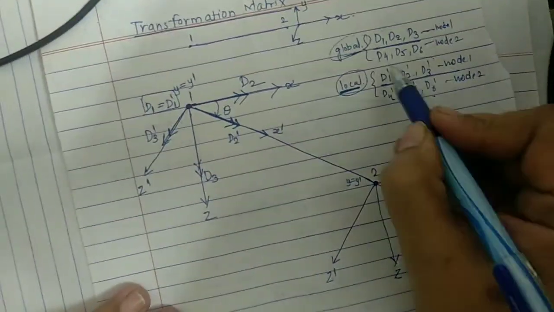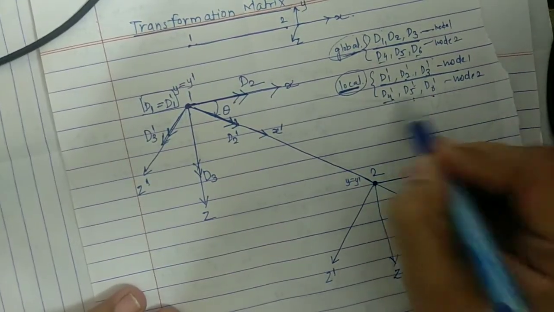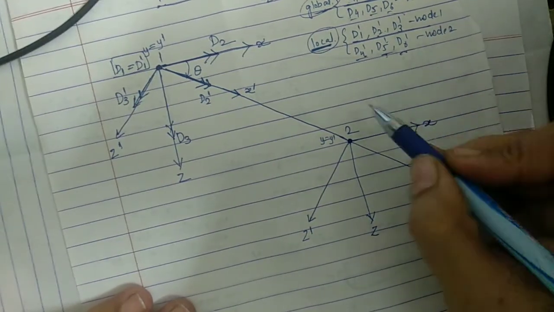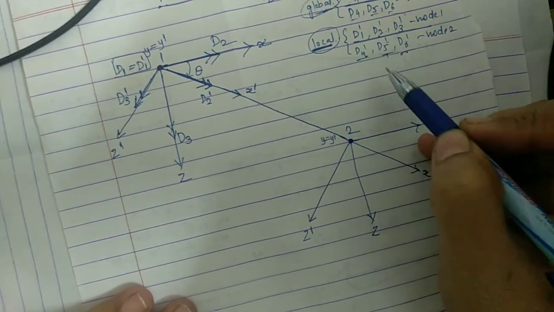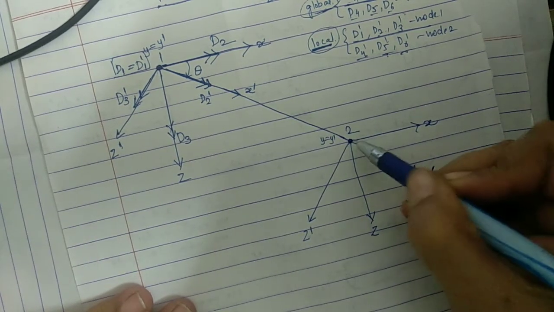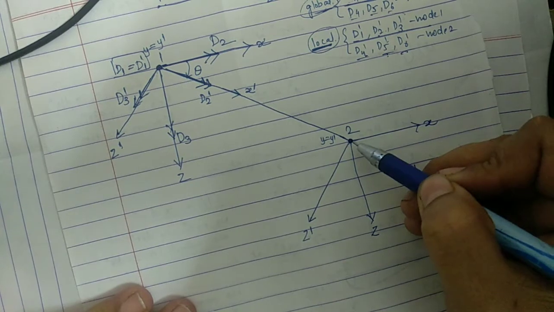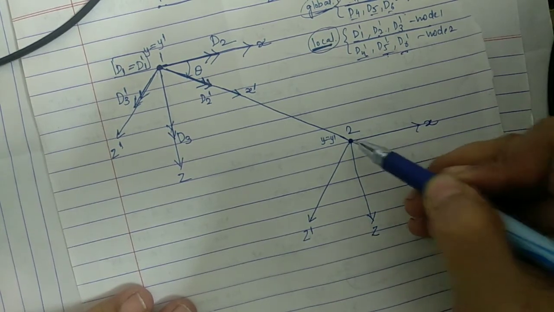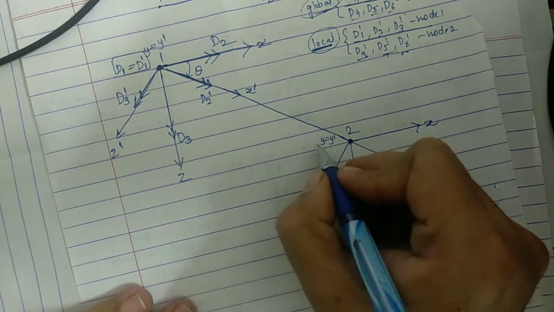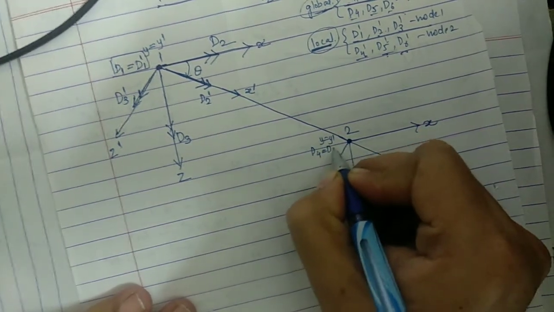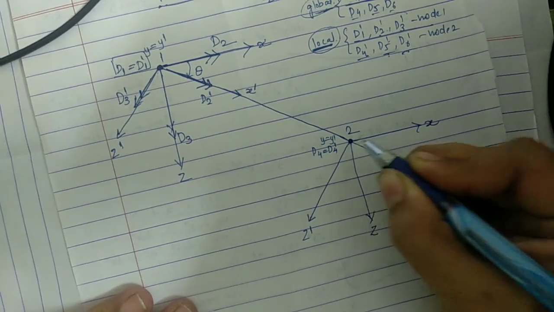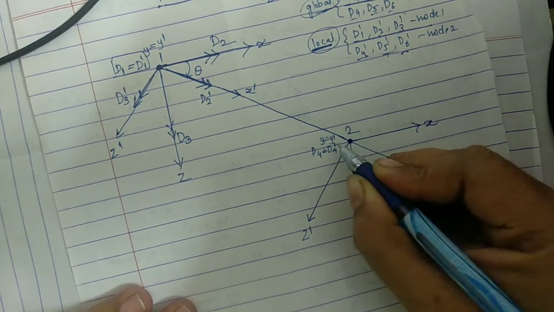Similarly, this D4, D5, D6, D4 dash, D5 dash, D6 dash. Okay, so first D4. D4 is along this vertical y axis, and D4 dash is displacement in local y direction. So here at this point, vertical axis, D4 is equal to D4 dash, shown along this vertical axis. Local and global both axes are the same, so here that is shown.